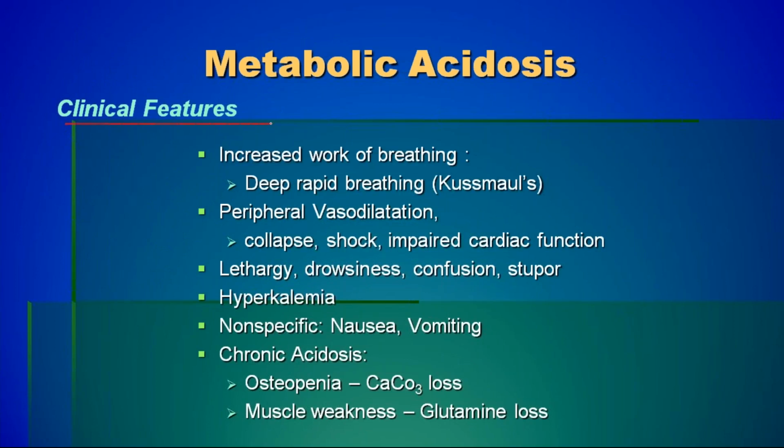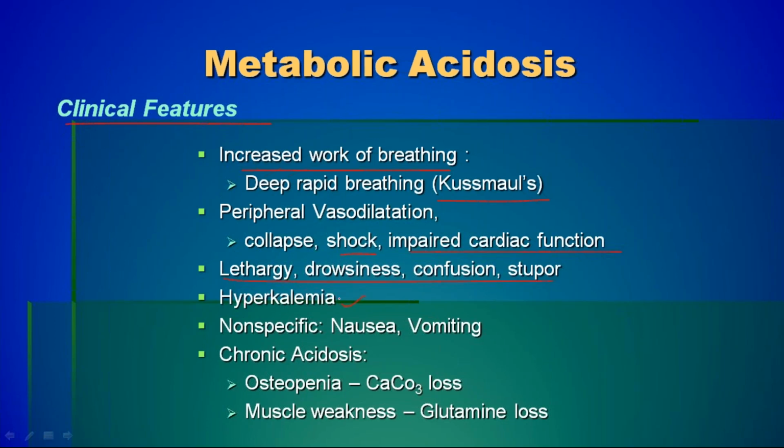How do they manifest? Clinical manifestation, again: the rapid breathing occurs because respiration is trying to compensate for the acidosis. They want to wash out more carbon dioxide. So that is called Kussmaul respiration. All of you know, deep sighing, deep rapid breathing, with sometimes fetor hepaticus, especially in hepatic coma. There will be peripheral vasodilatation and shock, impaired cardiac function develops, lethargy, drowsiness and confusion in the later stages,